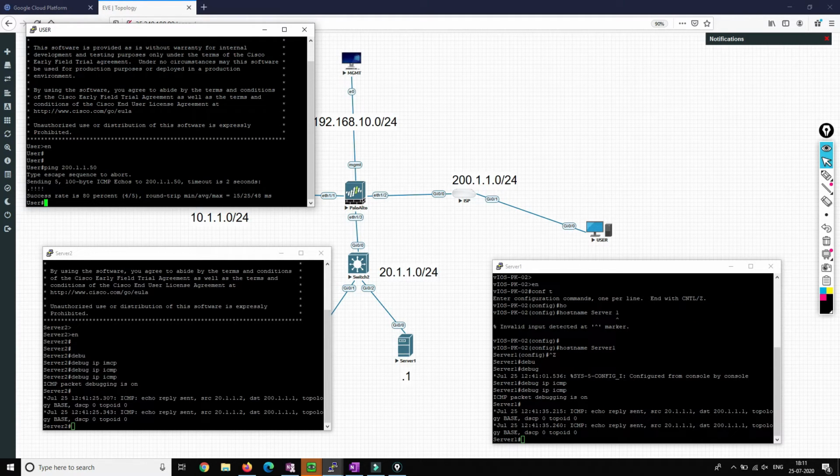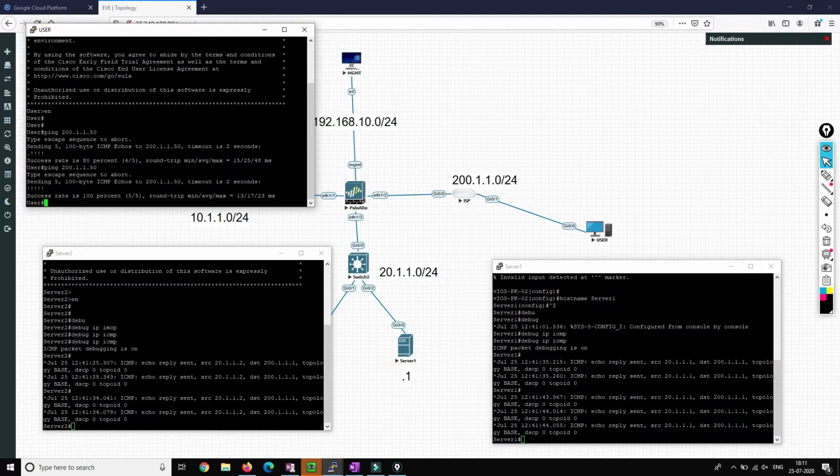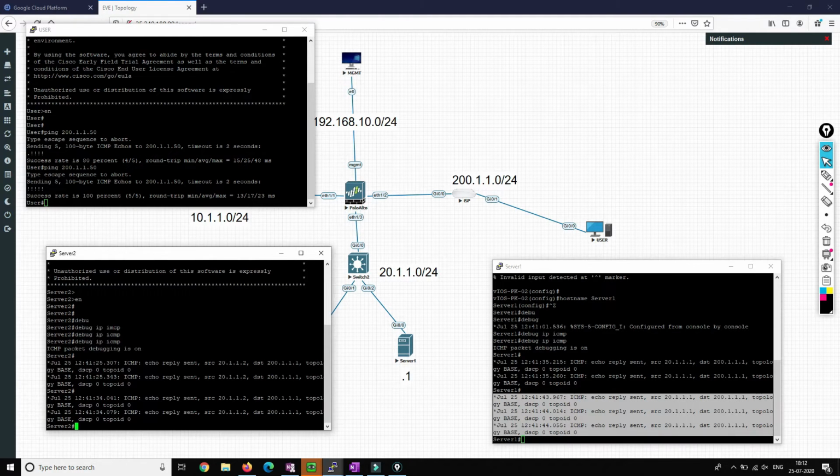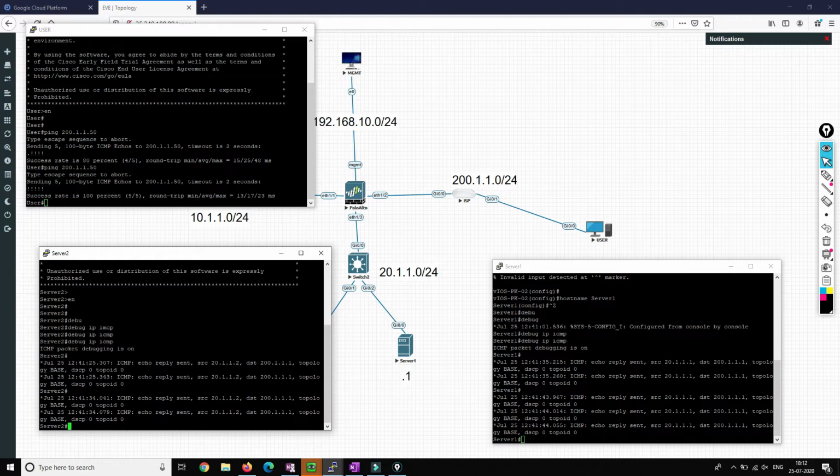So as we can see, the ping has been redistributed with the session. Now if you see here, we are getting 3 and here we are getting 2. So whenever we initiate the ping, it is happening in a round robin fashion. The first traffic comes here, the second comes here, then the third, then the fourth, and the fifth, like that. So you are able to see where the load balancing is happening.